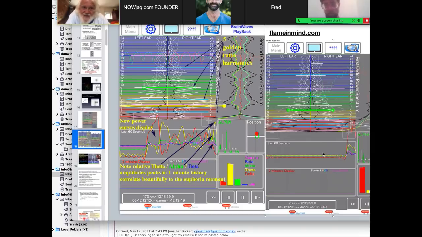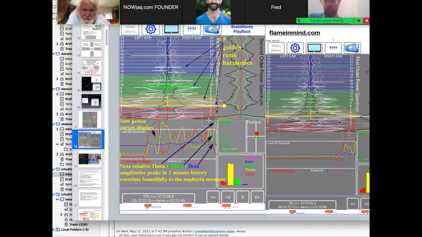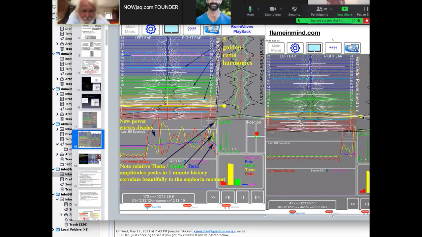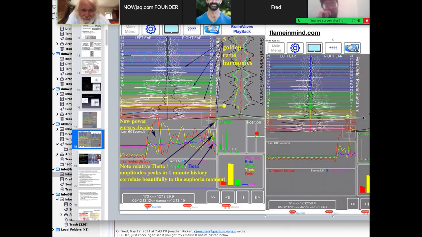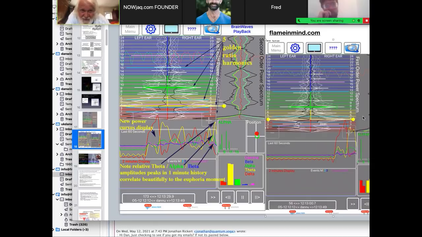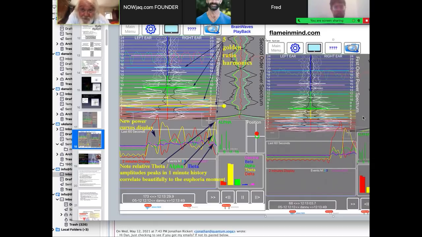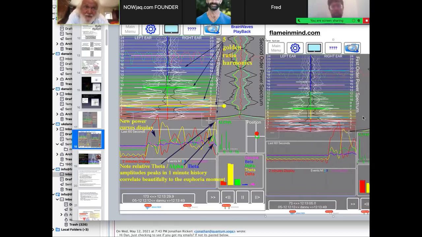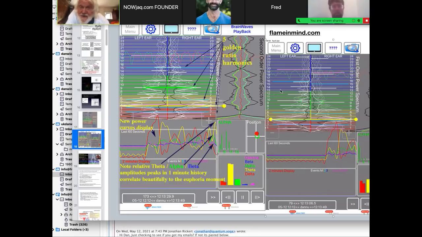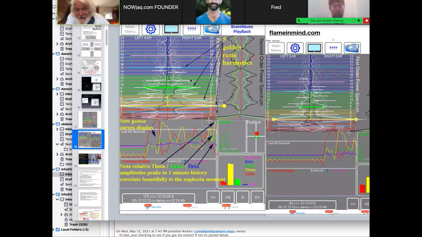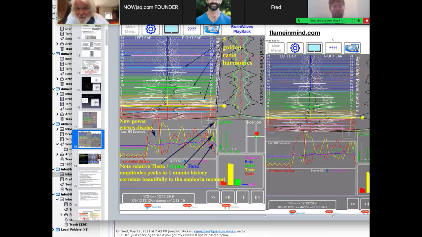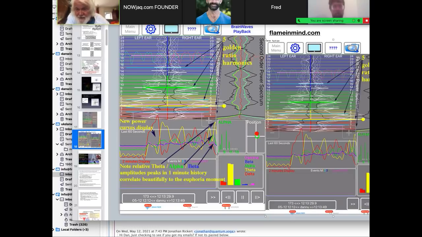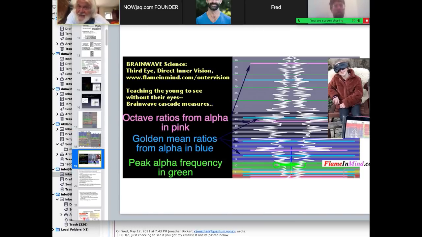So you see actually the evolution of, you'll see the alpha in green toward the bottom, and then the massive yellow theta. It happens with my kundalini that I happen to have massive theta in yellow, you see there. And so when you're teaching people to have bliss and transcendence or to ascend, essentially what you're teaching them is to make this cascade happen implosively. And the actual ratio of the alpha to beta here indicates when the frequencies are cascading by golden ratio. And just to make the point, from, again,